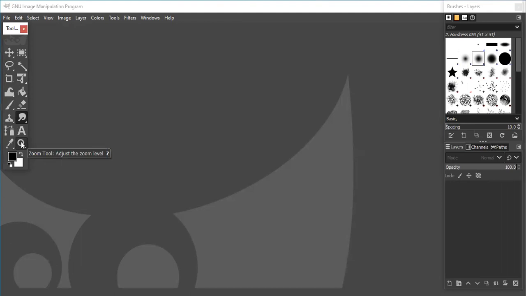Okay, these are the tools that are present in the toolbox.